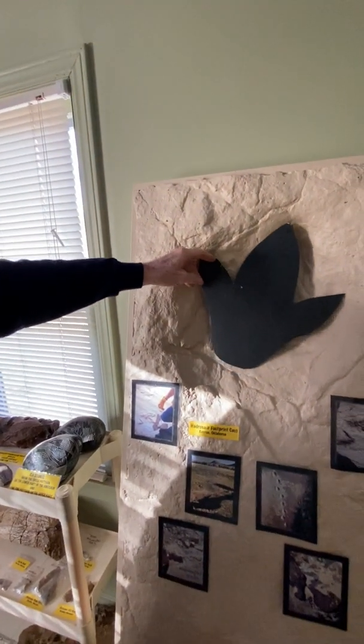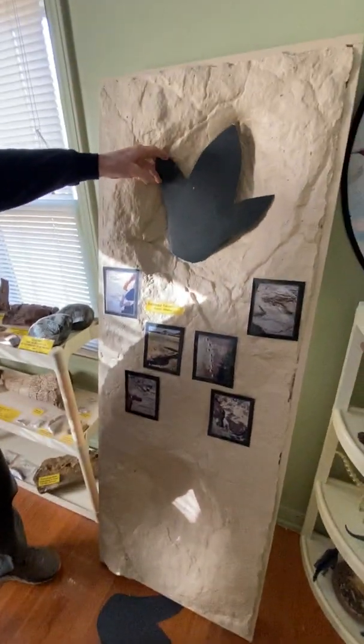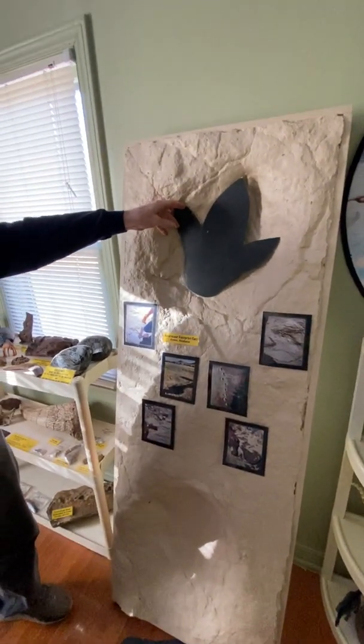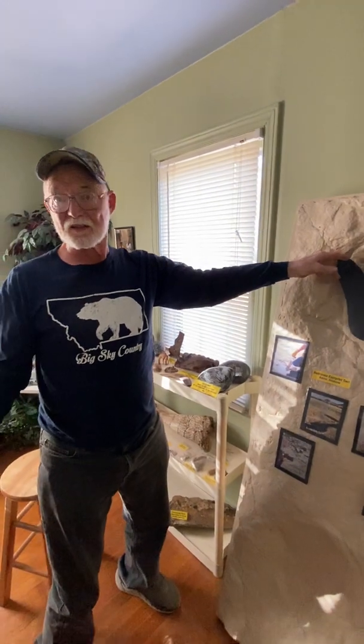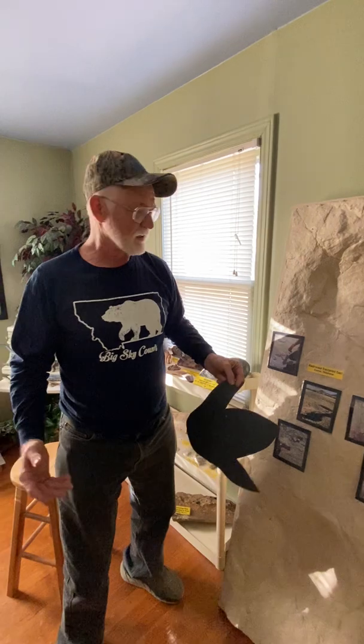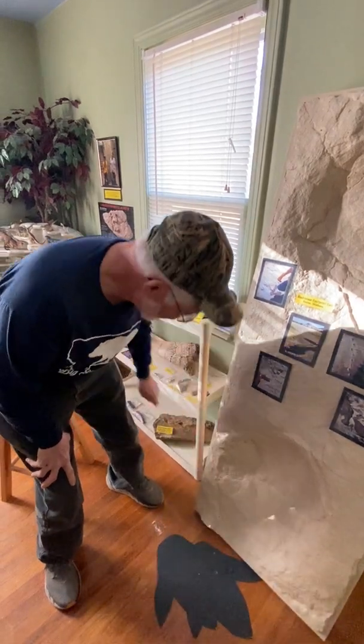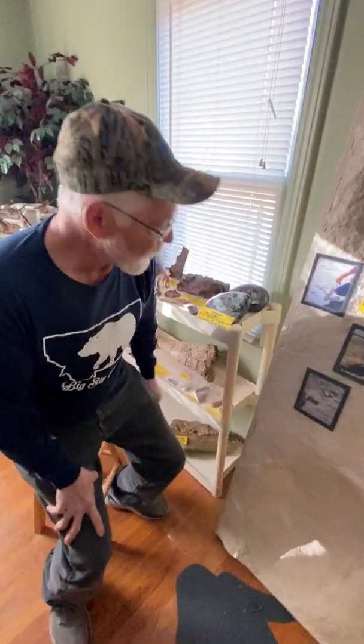Okay, now the bottom print was straight up, but this one you can see is cocked off to the right. So, just like some of us, one foot maybe turns in slightly or out, or we're a little bow-legged or whatever. So either from injury or genetics, the right foot was cocked off just a little. Now, some other interesting things around here,